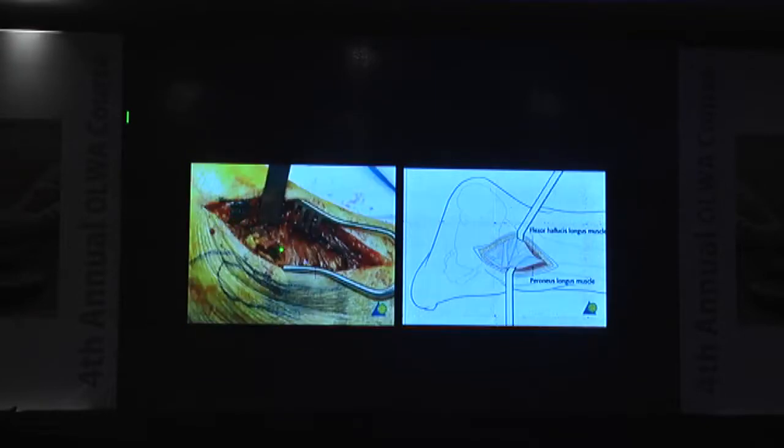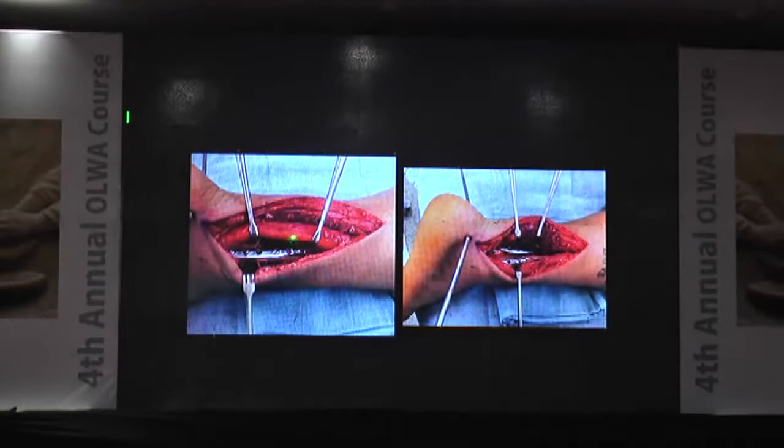And when you move your peroneus longus laterally, you can get to the flexor hallucis longus muscle, which is elevated from the posterior surface of the tibia, and you can expose your posterior lip fracture along with the posterior tibia. So as you see here, the peroneus longus is moving medially and your fibula has been fixed. And here you can see the peroneus longus is taken laterally and the flexor hallucis longus is lifted, and you can put a plate on the posterior surface of the tibia.